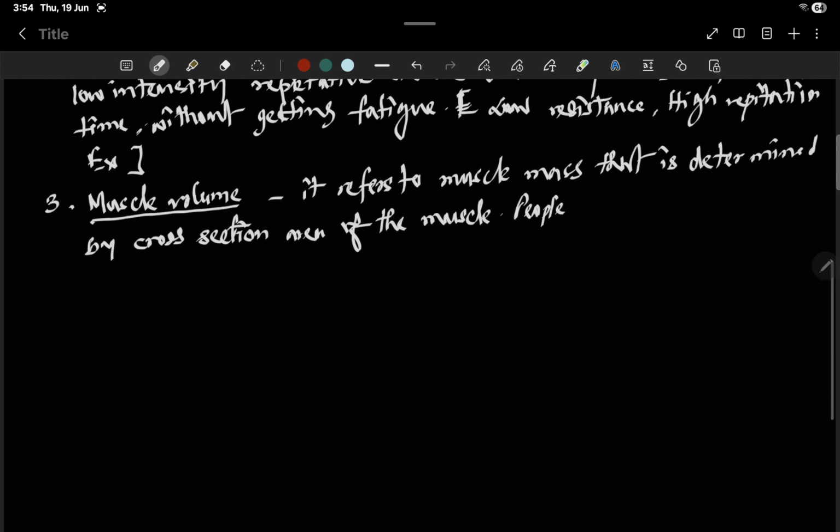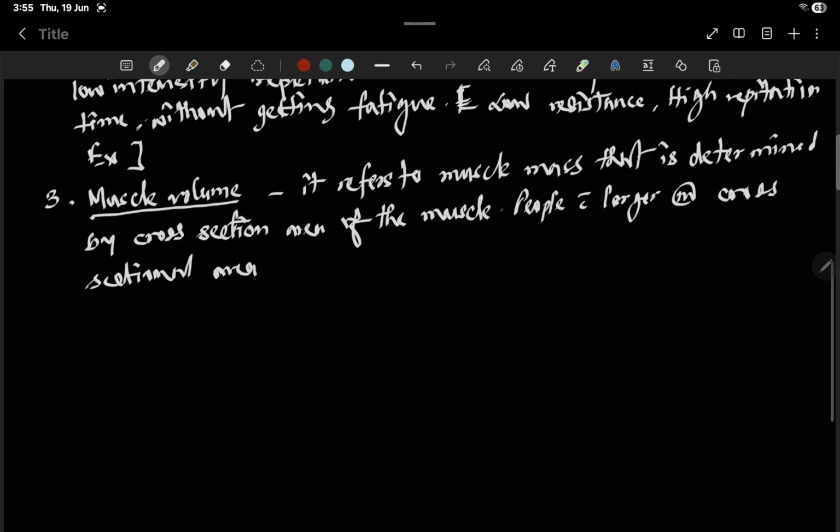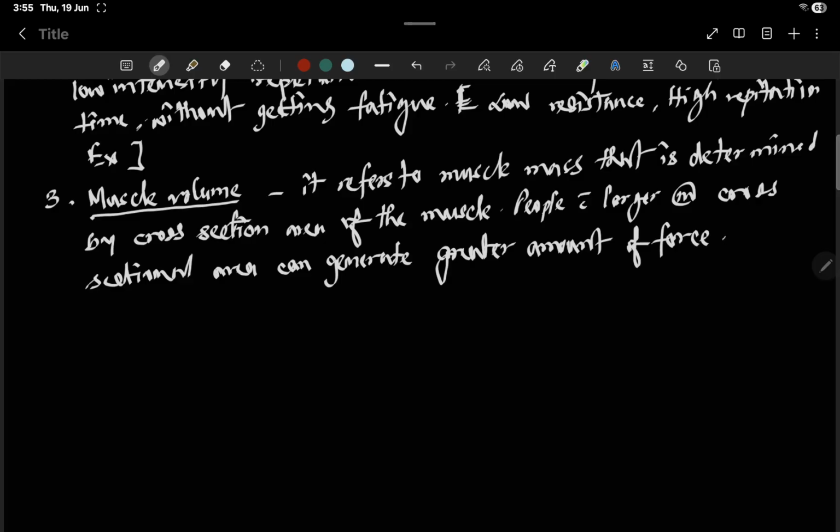People with larger muscle cross-sectional area can generate a greater amount of force. So muscle volume refers to the muscle mass that is determined by the cross-sectional area of the